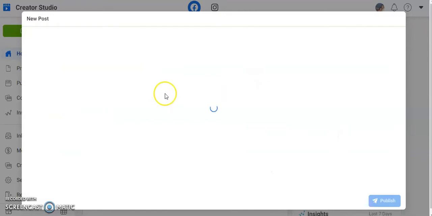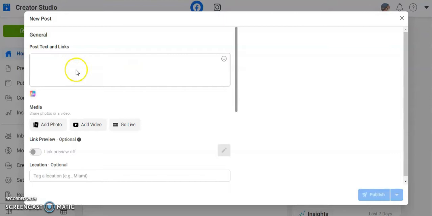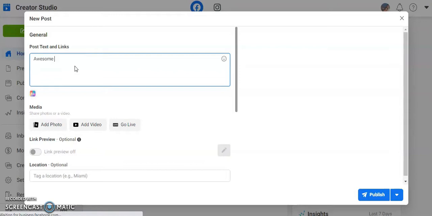and this window will open in front of me. All right, so here I have to write my text, whatever I want to write. For example, I want to post a certain artifact made by my students on online summer camp. So I will write awesome art created by kids in our camp. So I've written a very simple text, and if I want to add a photo, I'll just add a photo over here.